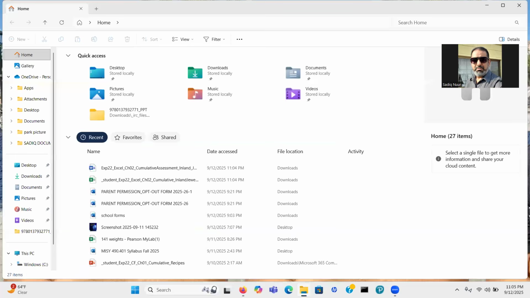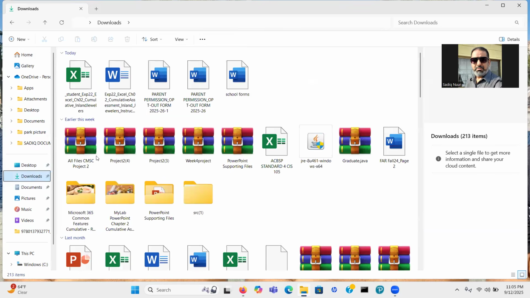So I will minimize this for the time being, and then I will go to the yellow folder on my taskbar in Windows 11. And then on the left-hand side, you will see Downloads. Click on it, and then you should find the files you just downloaded. One is a Microsoft Word file that has the instructions, and the second one is the Excel file that you need to work on. We're going to open the Microsoft Word file first,